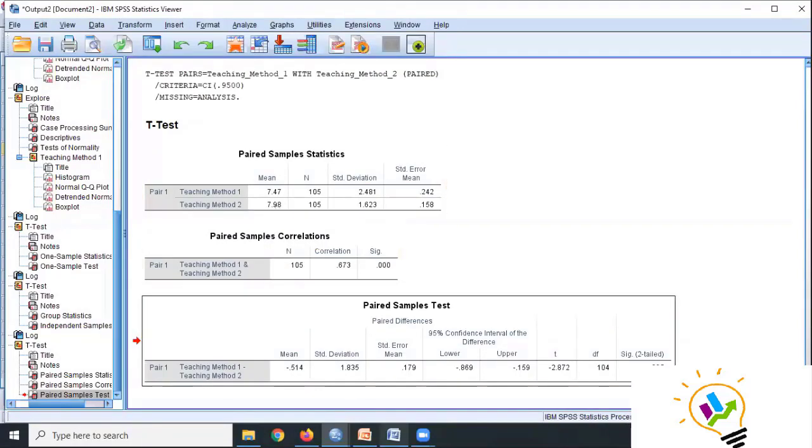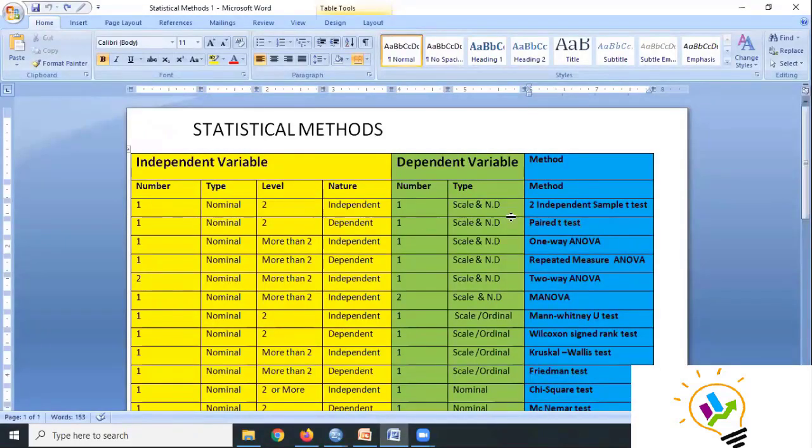So I'm saying about different methods, madam. Like I said, first one is the two independent sample t-test. You can see what the independent sample is, how many levels it has, and what the dependent variable is. Under this condition, we'll be using the two independent sample t-test. If it is dependent, then we will be using the paired t-test. Is it okay? Yes, sir.